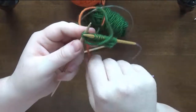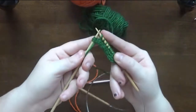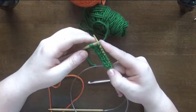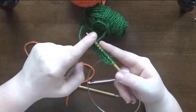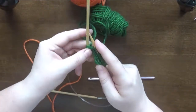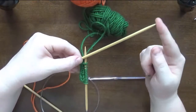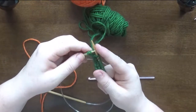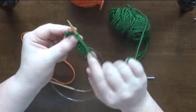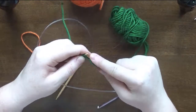Now, if we were to leave it like that, it would end up the wrong direction. You would end up with a weird, sort of backwards I-cord. So what you have to do before you put them onto your working needle is flip them. You're going to turn them around. And this is why the DPN comes in handy, because you can just slide it to the end and then you can slip those 3 stitches like normal. So before you slip those 3 stitches, you want to make sure your yarn is in the front of your work,